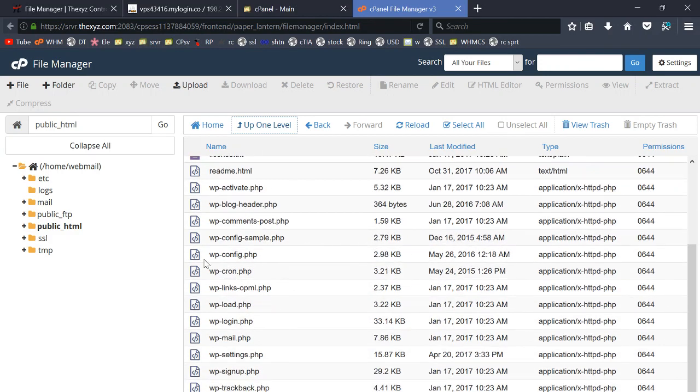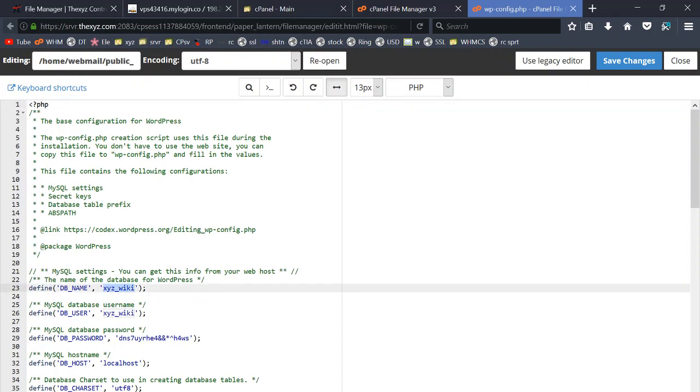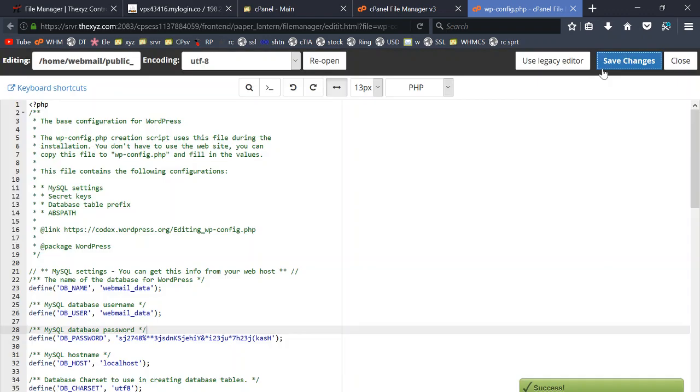The one change that I need to make here is in the WP config file. So I'm going to select it to edit this file, and I'm going to change the database username first, to the new username. And also update that password. Whoops, I made a typo there. So I'm going to save this file here. That's been saved. I can close this window,